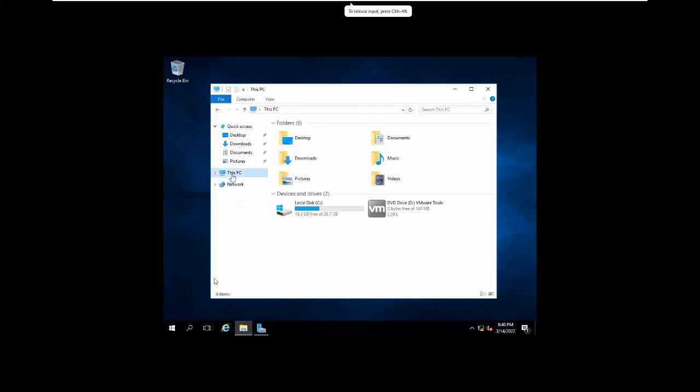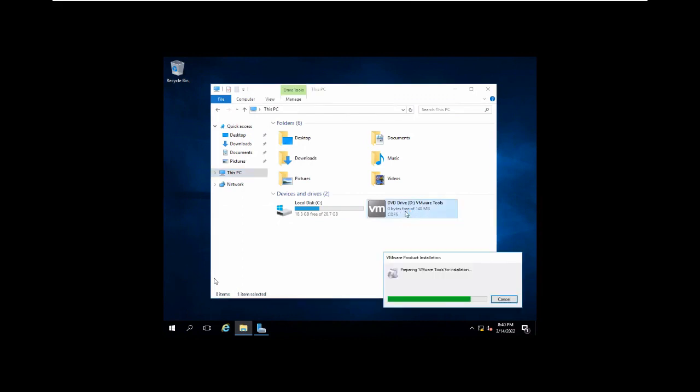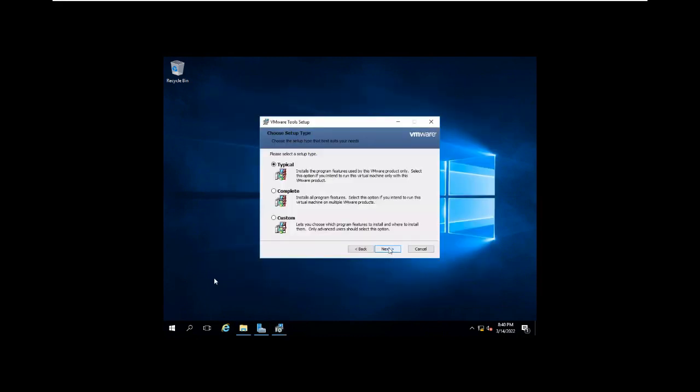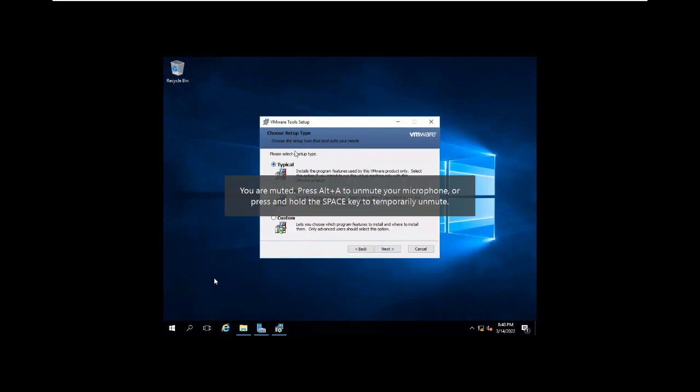Go to This PC, you can see the installation is mounted to your CD-DVD-ROM, right? You just click it, press next. Better to choose typical and press next.